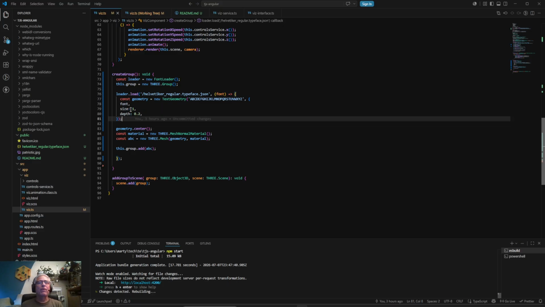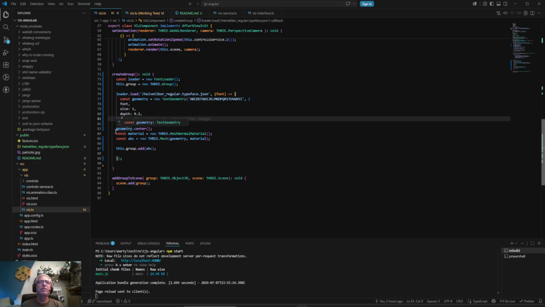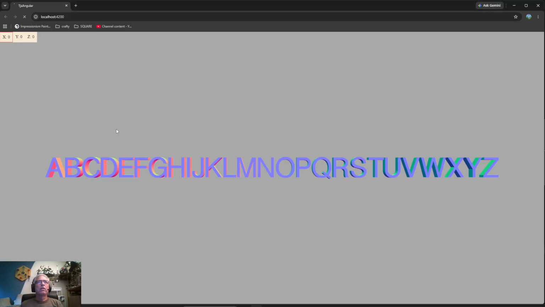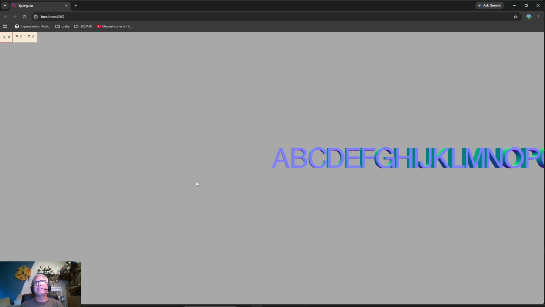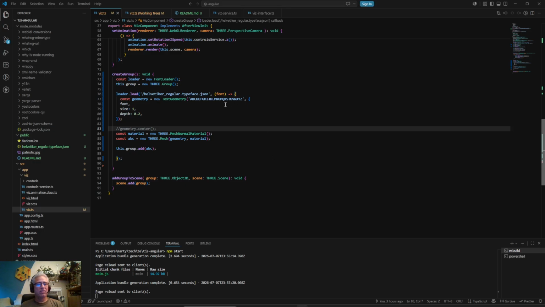I didn't really play around with these at all, size and depth and all that. And then I don't know if this center is necessary. I guess we should try that real quick. Okay, yeah, that's right. So it's center. If you don't center it, the A ends up at the beginning. So centered probably works better. I like centered a little better. Now, if you don't center it,